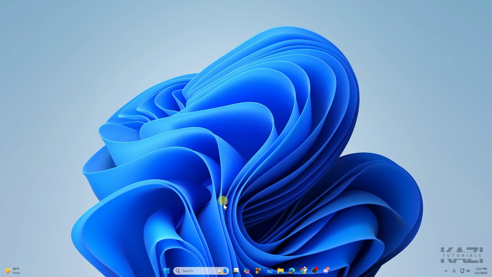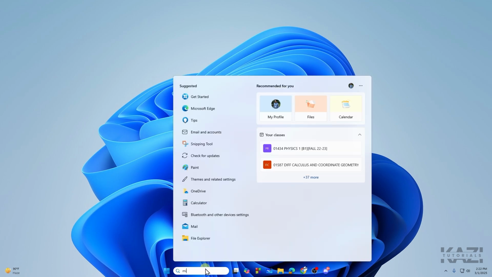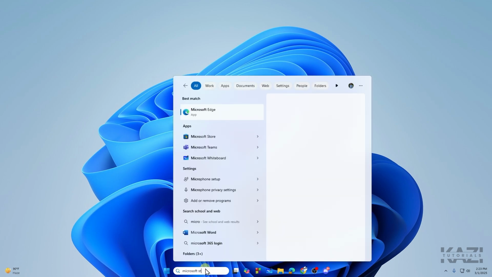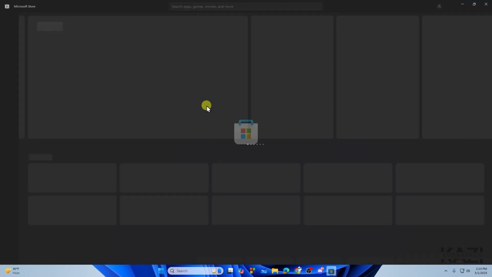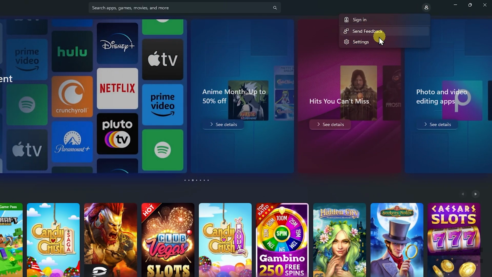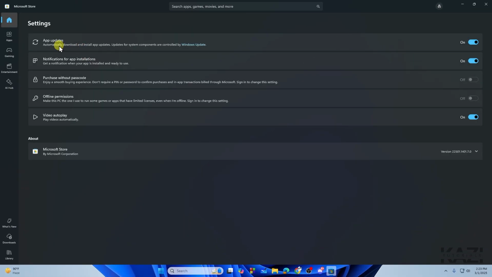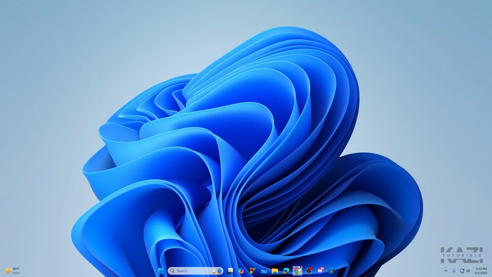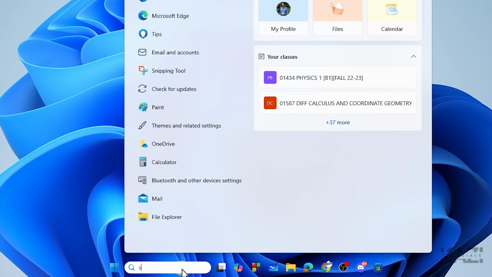So one thing you can do for sure is to again go to the search bar and search for Microsoft Store and go to the Microsoft Store. Then you need to go with the profile button right above it and then go to the settings. All right, so for the app updates, we want to cancel it, so it won't update the apps automatically. We need to turn these settings off. Then again you need to close it up, and for the last step you can go to the settings again